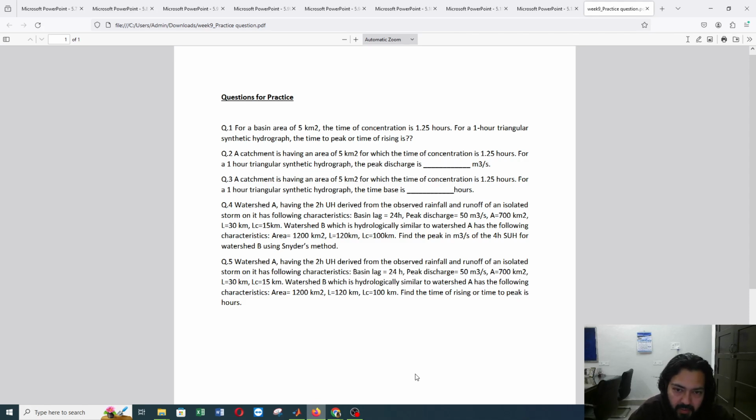The basin lag is 24 hours. So this is about watershed A: the basin lag is 24 hours, the peak discharge is 50, the area is 700, and L and LC are given. And watershed B, which is hydrologically similar to watershed A, has the following characteristics: the area, length and LC change. We need to find the peak discharge of the 4-hour synthetic unit hydrograph using Snyder's method. So the first thing that is important is